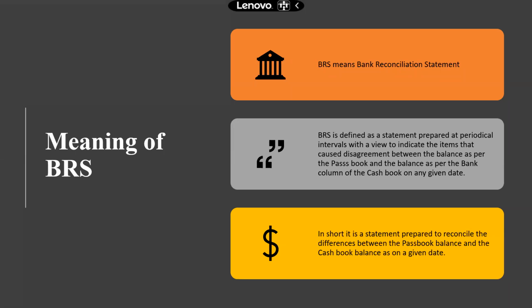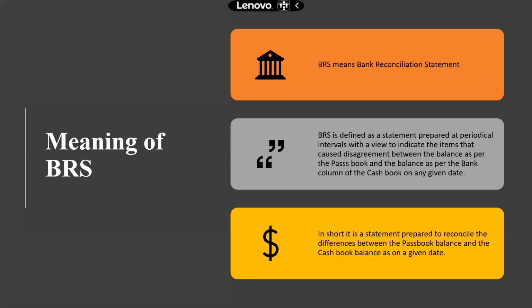So this bank column of the cash book, we now call it the cash book. I'll repeat, when I say cash book, it implies it is the bank column of our triple column cash book. In our cash book, we are maintaining these 3 columns: the cash column, the bank column, and the discount column. Now, whenever I say cash book, it doesn't mean the cash column. Please remember, when I say cash book, it means the bank column of our triple column cash book, right?